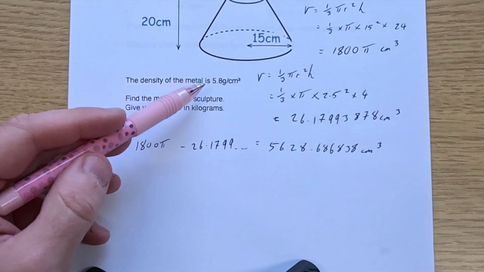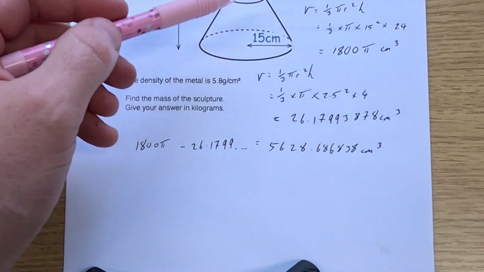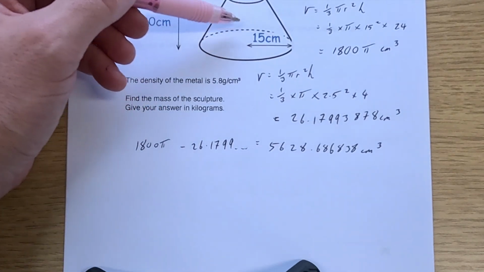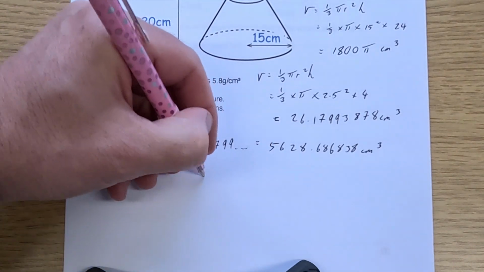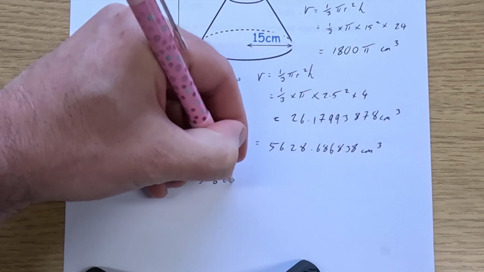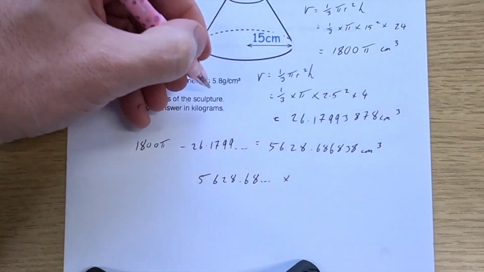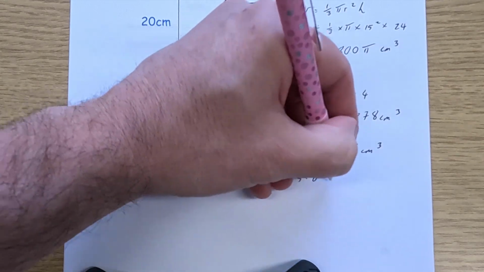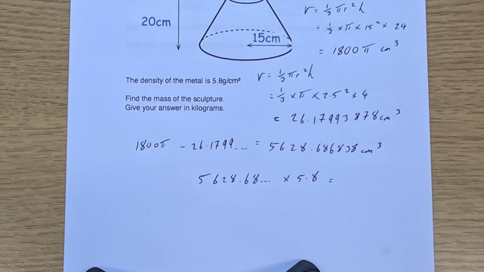Now we know the density of the metal, and remember we're told it's a solid metal cone, so that means it's a solid metal frustum. So if we want to find the mass of that solid metal frustum, we need to times its volume, 5,628.68 and so on, and it's on my calculator display, by 5.8, because that'll tell us the mass, because every single centimetre cubed has got a mass of 5.8. So if we multiply that by 5.8, that's equal to